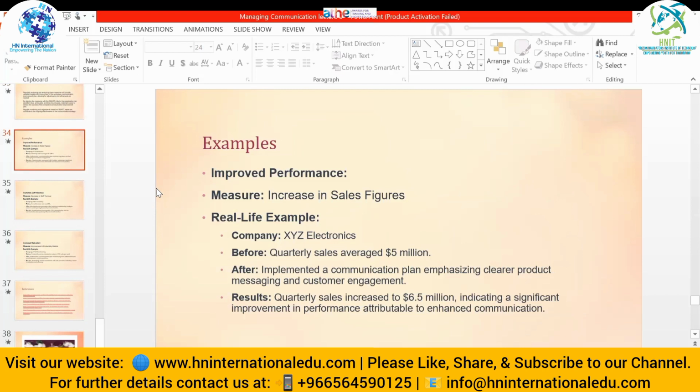For example, improved performance, and the measure is an increase in sales figures. Company XYZ Electronics: what was the problem before? Quarterly sales averaged $5 million. What they did was implement a communication plan emphasizing clearer product messaging and customizing the customer engagement. And the results were quarterly sales increased to $6.5 million, indicating a significant improvement in performance attributable to enhanced